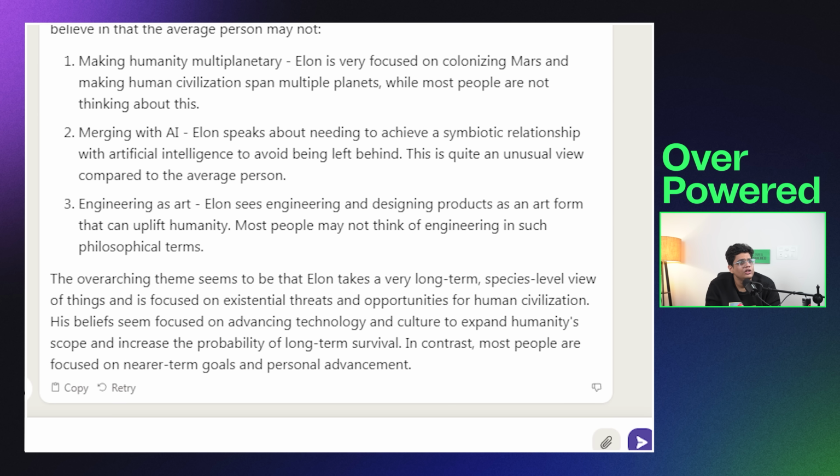Interesting. The overarching theme seems to be Elon takes a very long-term species-level view of his things and is focused